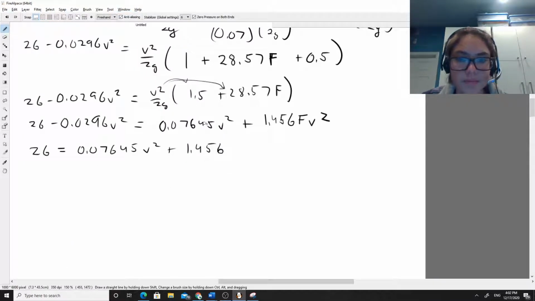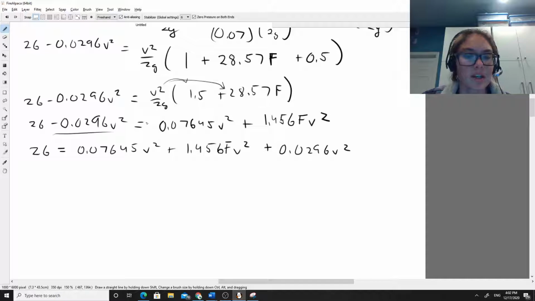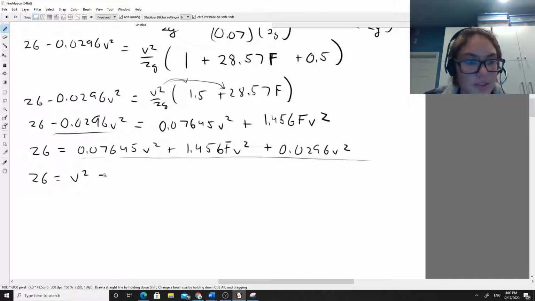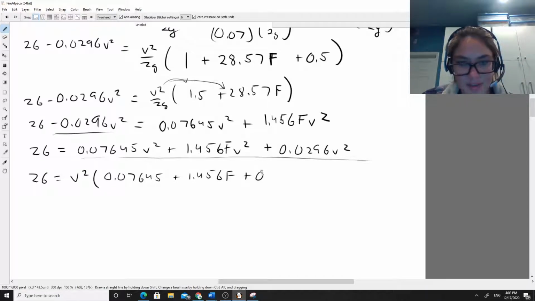1.456 F V squared. And we're going to add this onto the other side, 0.0296 V squared. And I'm going to take all the V squareds out of these three terms, and we're going to say 26 is equal to V squared times 0.07645 plus 1.456 F plus 0.0296,